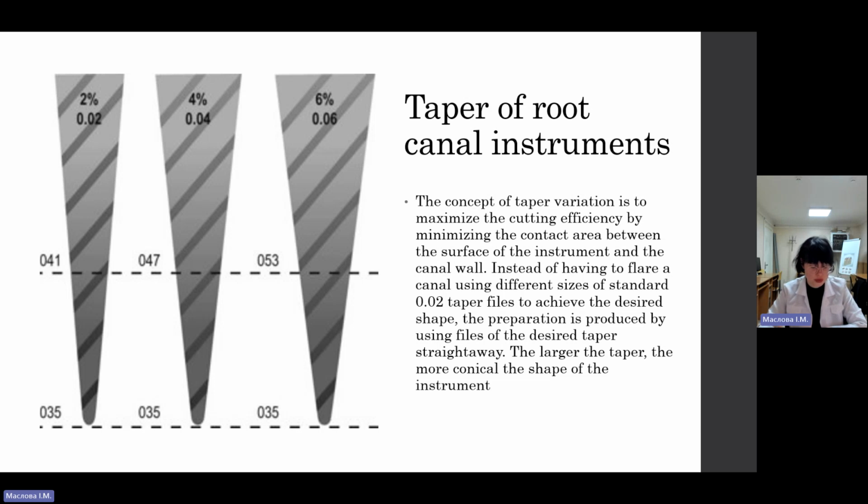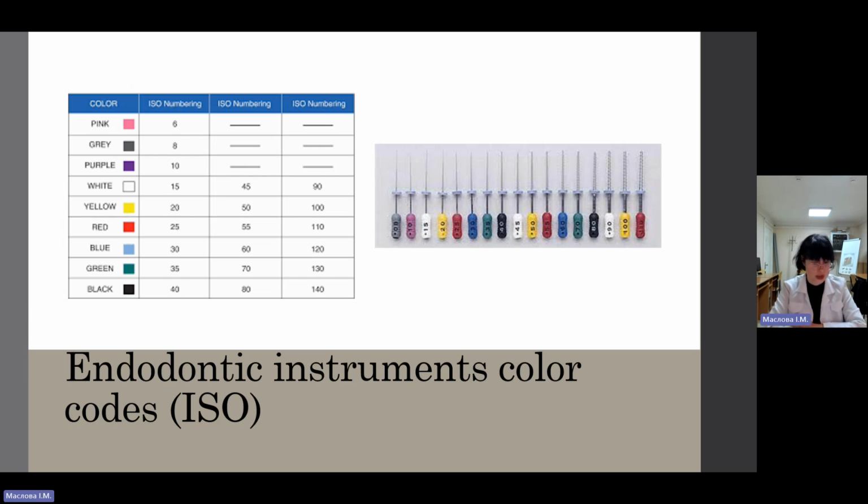Hand instruments are grouped according to usage and to the classifications. This slide shows the classification established by the International Organization for Standardization, ISO. The terminology, dimensions, physical properties, measuring system, and the quality control of endodontic instruments and materials are defined by this standard. As a result, endodontic hand instruments, that means files, reamers, and barbed broaches, are standardized in relation to size, color coding, and physical properties. The relevant information on sizes and color coding for files and reamers is listed in the table, which you can see on the screen. The taper is a constant